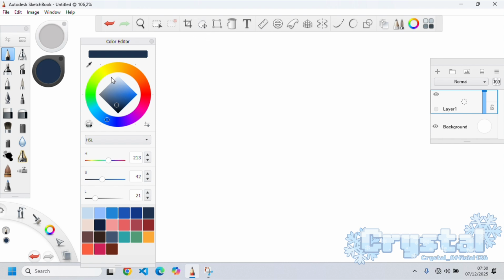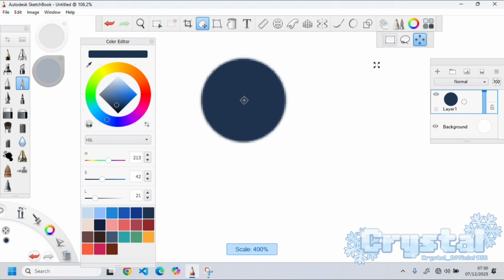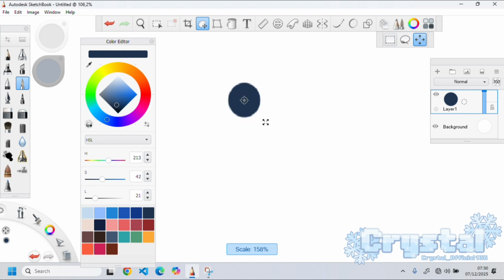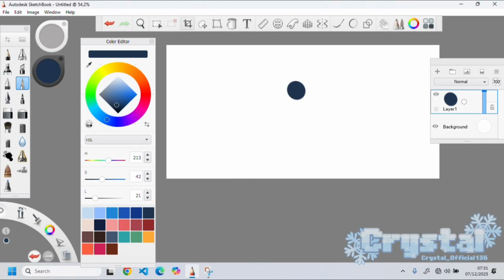Wait, let me just draw something. I have a dot which takes up the canvas. So pretty much fill it up, scroll down, squeeze it, and rotate it. Next step to help us